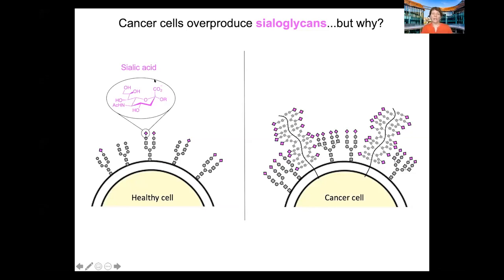So whereas healthy cells will have a certain density and pattern of glycans that have this pink diamond sugar as a capping structure, if you look at cancer cells, you would often find basically a thicket, a dense forest of these sialoglycans, far more populous than in a normal healthy cell. And although the observation is now more than half a century old, it was really just in the last 10 years that the community started to understand why this might occur.